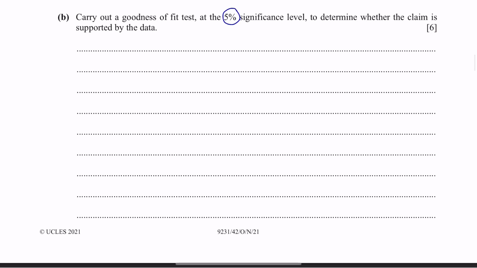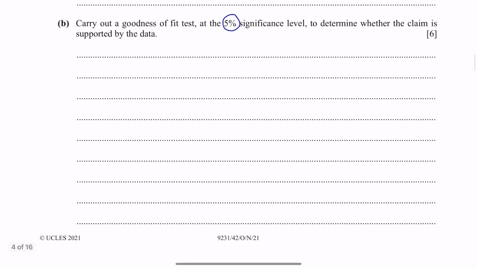For part B, we need to carry out a goodness of fit test at 5% significance level to determine whether the claim is supported by the data. So this will be a chi-square test, and first step, we will need a null hypothesis and alternative hypothesis. So the null hypothesis would be the normal distribution